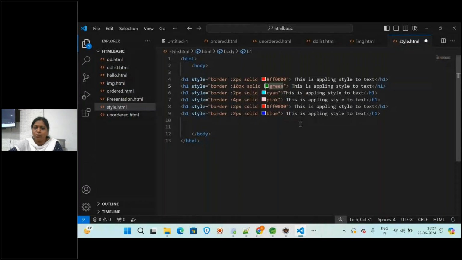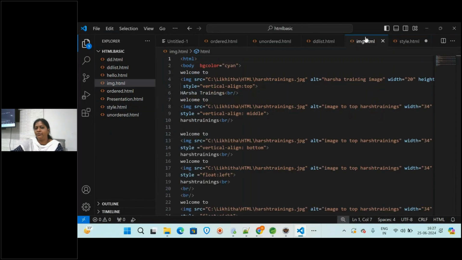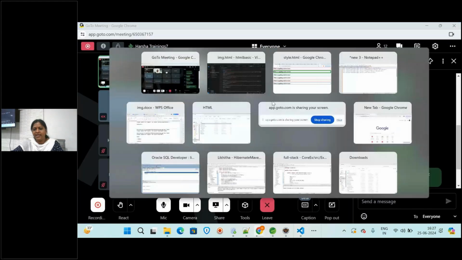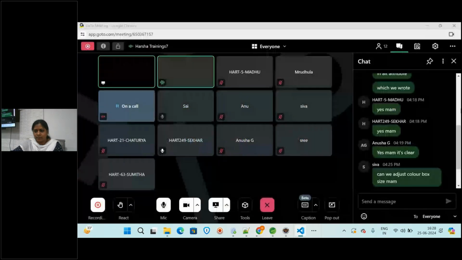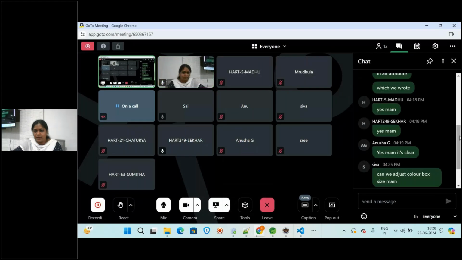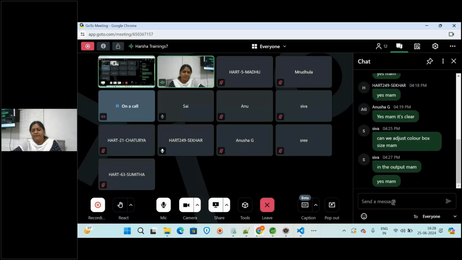So in the style tag only, you will be having width and height attributes. We have seen in the previous example, right? With the style attribute, in the image tag, we have given the width and height. In the same way, you can also provide the width and height there. So that will be changed. Yes, in the output you have to specify the width and height, border width and height.